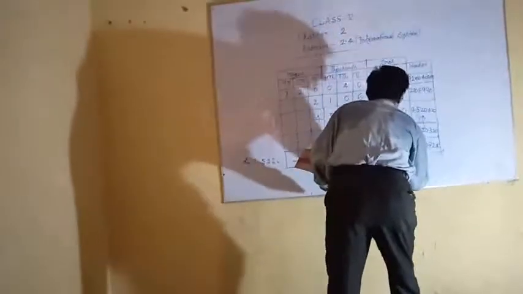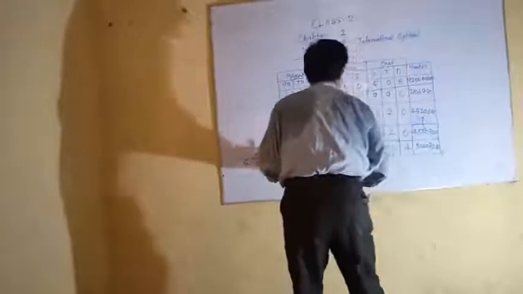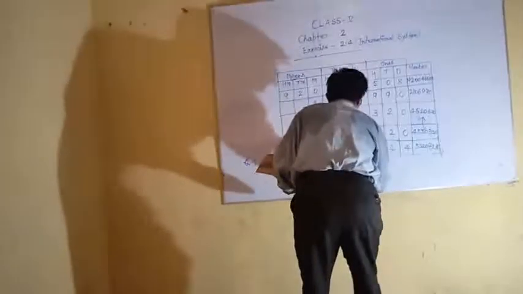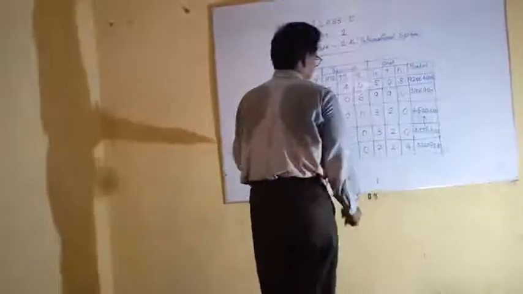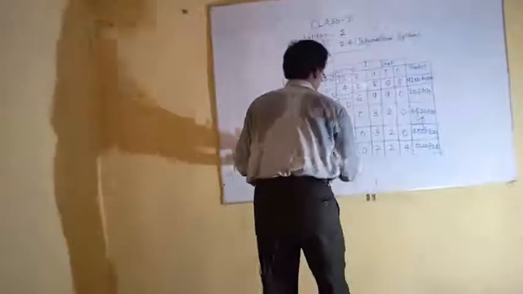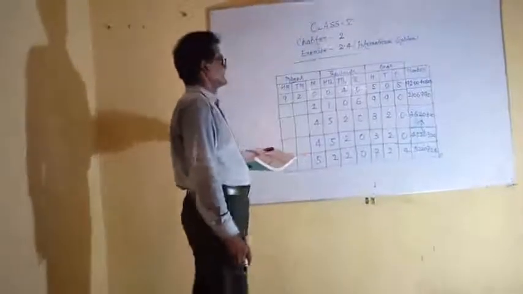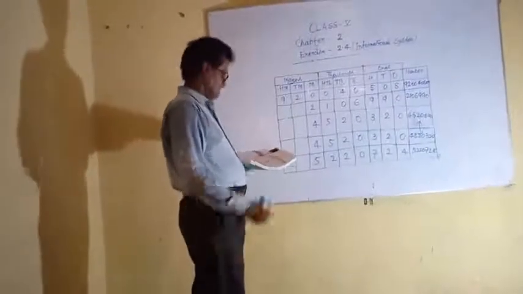In 0 place it is your 4, in 10 place it is your 2, in 100 place it is your 7, in 1000 place it is your 0, in 10,000 place it is your 2, in 100,000 place it is your 2, in million place it is your 5. तो इस तरह से हम नंबर को इंटरनेशनल सिस्टम में एक्सप्रेस कर सकते हैं।